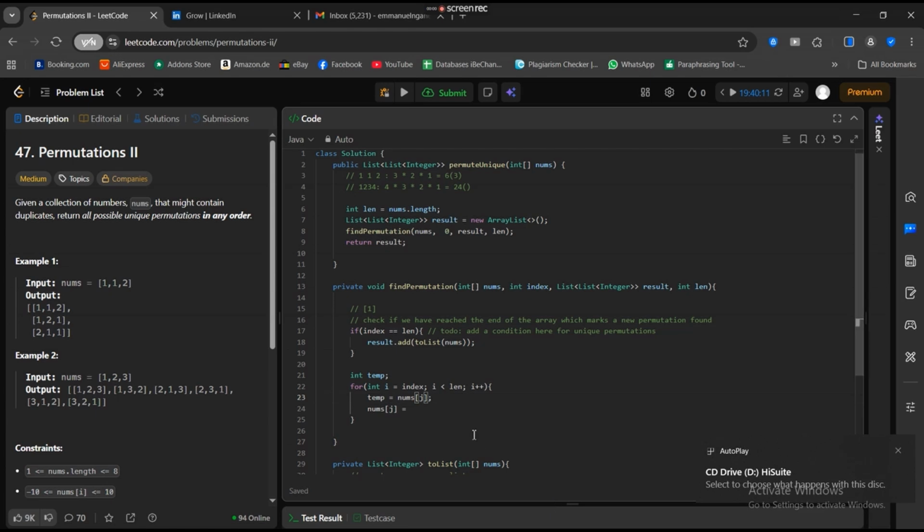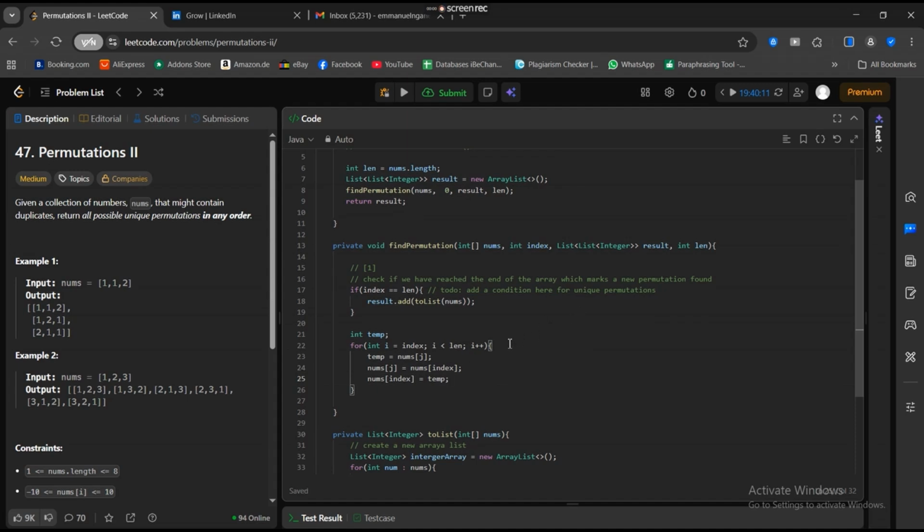We're going to put nums at j, and then we're going to equate nums at j to be equal to nums at index, right? And we're going to now put nums at index to be equal to temp, which holds the value of nums at j, right? So we're going to conduct the swap here, perform swap,